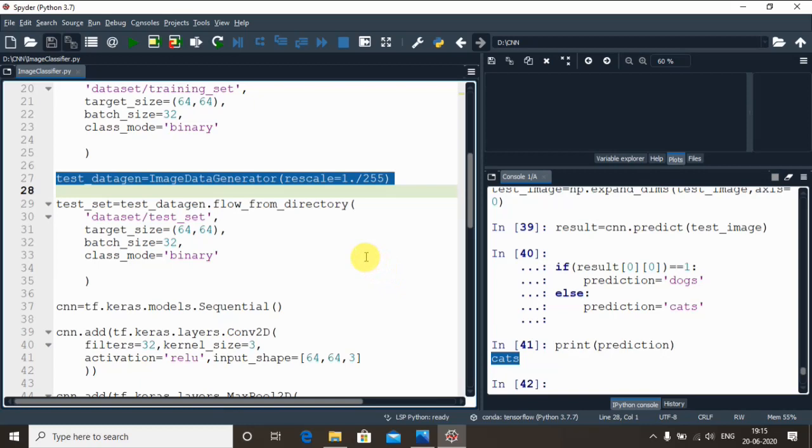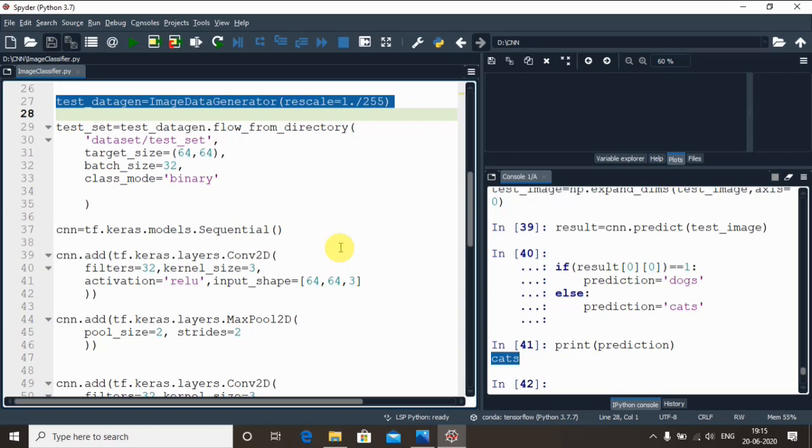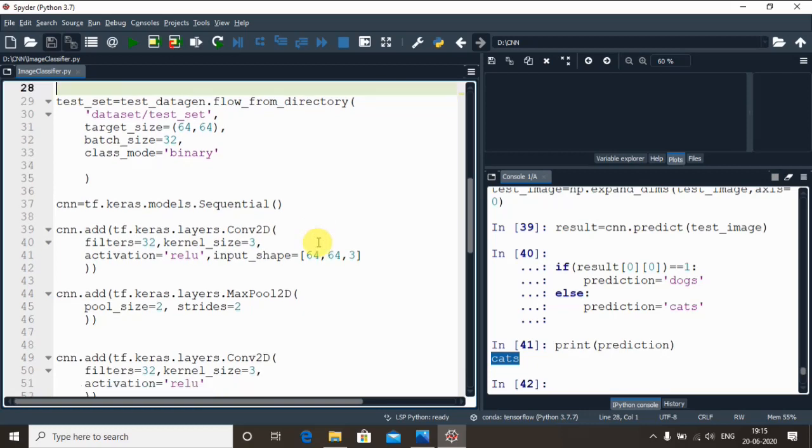Then we proceeded to flatten the results of all the convolutions and pooling into a one-dimensional single vector, which becomes the input for the fully connected neural network, which contains one fully connected layer. In the final step of the construction of our CNN, we connected all this to the final output layer, which contains the final prediction.